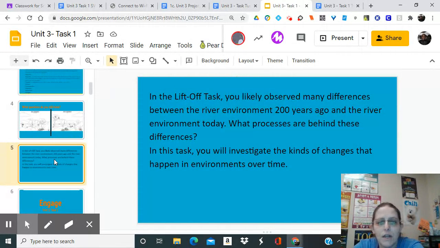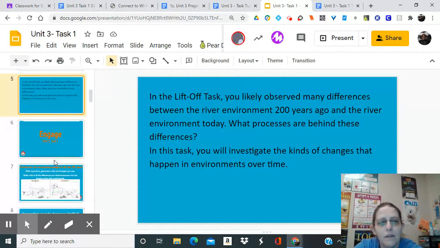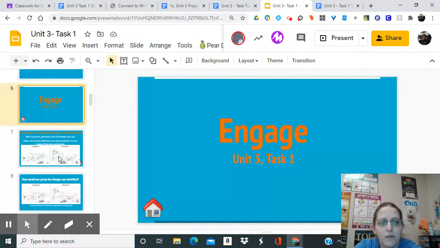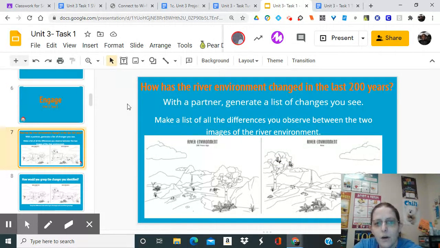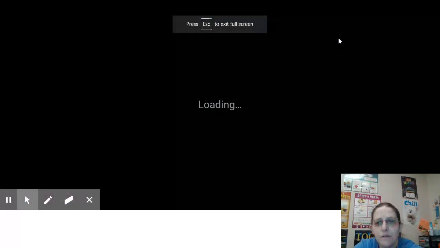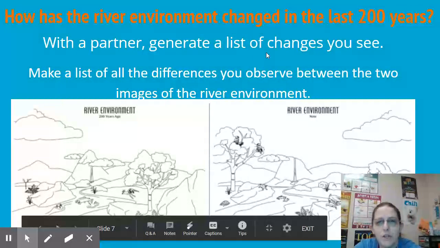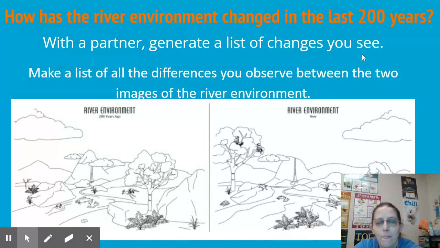So in the Engage task, we're going to investigate the kinds of changes that happen in the environments over time. This is going to be the Engage video. So how has the river environment changed in the last 200 years? In class, what we did was with a partner, we generated a list of changes. So you made a list of all of the differences you observed between the two images of the